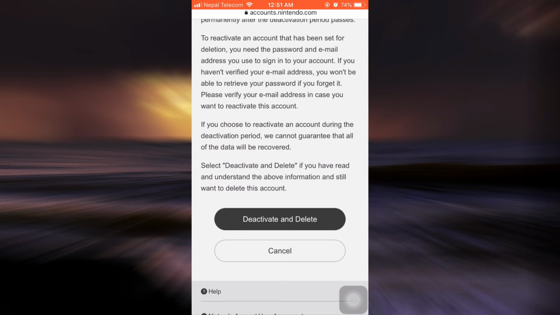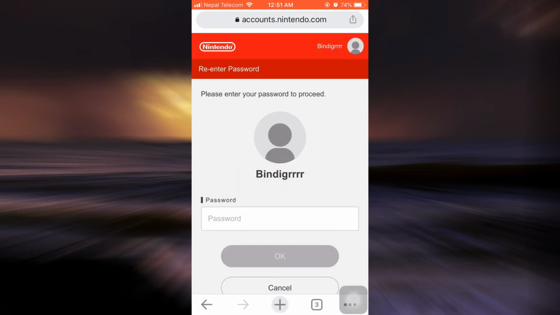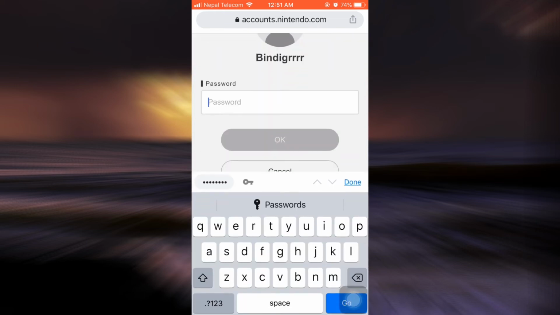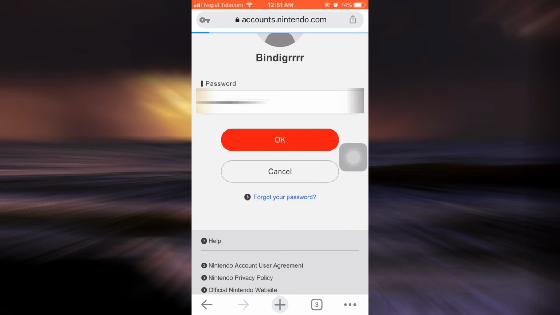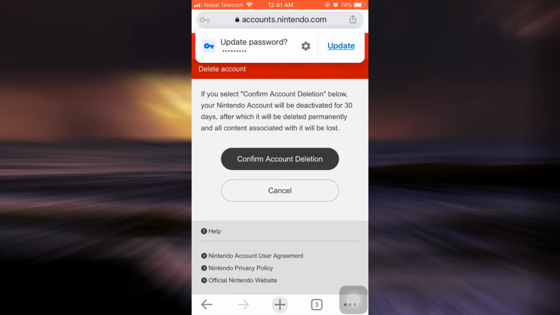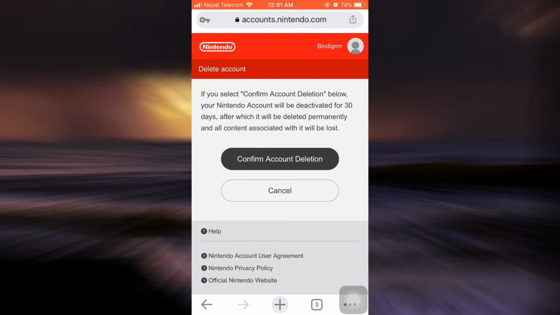If you confirm and understand the above information and still want to delete this account, tap on deactivate and delete. Now you'll have to enter the password here, so I'm just going to enter the password and then tap on OK. After doing this, there will be a final notification that is a confirmation for your account deletion. So if you're 100% sure of the account deletion now, you have to tap on confirm account deletion,